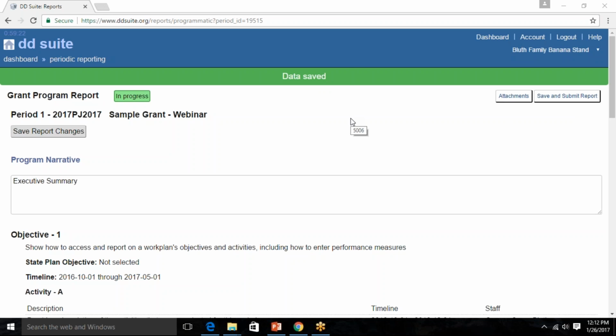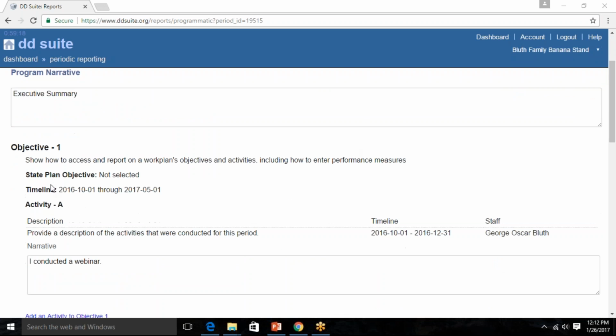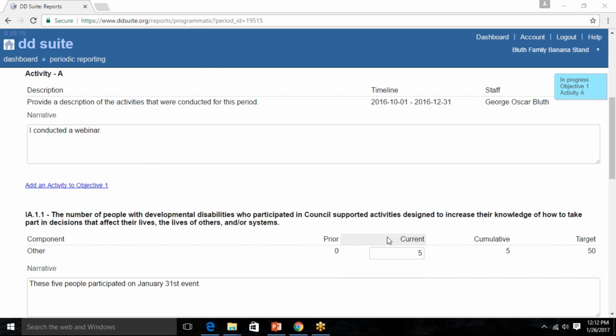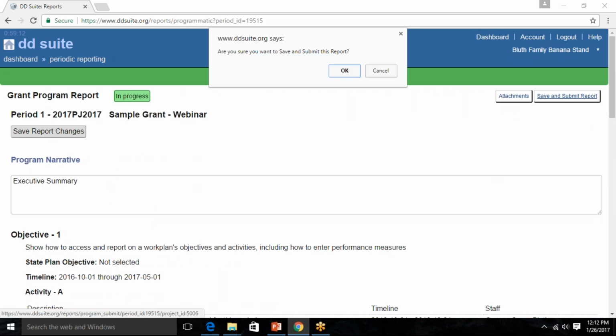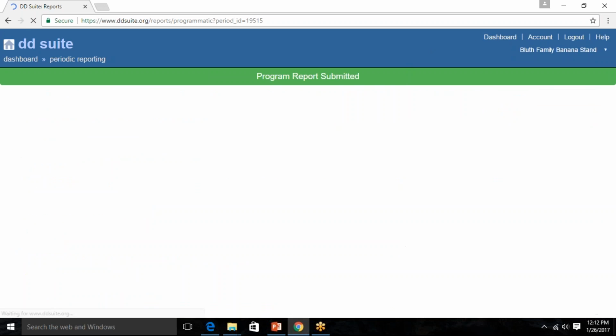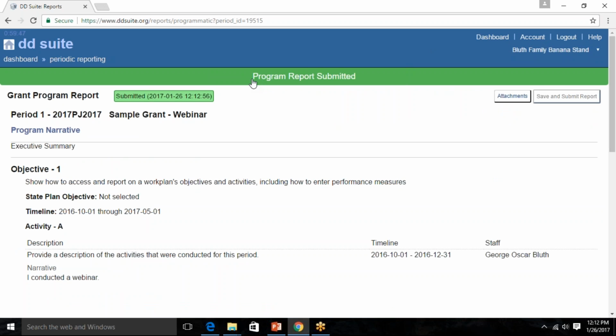the report. Right. So once you've completed all of the information that you want to enter for your program report, you can hit Save and Submit Report. And it's going to say, are you sure you want to save and submit? Because once you submit it, you will not be able to make changes unless the DD Council staff sends the report back to you. All right, so I'm going to hit OK,